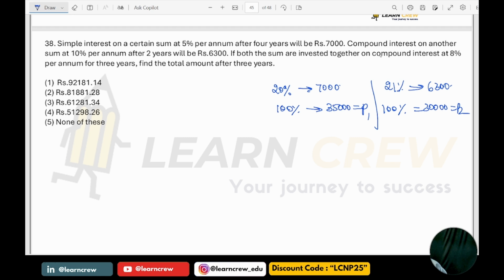If both the sums, 35,000 and 30,000, are invested together on compound interest for 3 years, then the total amount after 3 years: 65,000 is invested on compound interest for 3 years. So 1 plus 8 by 100 whole power 3. So how much are you going to get? 65,000 into